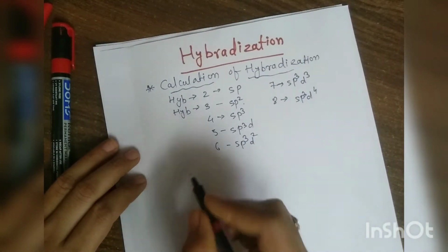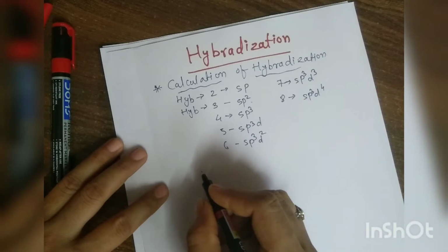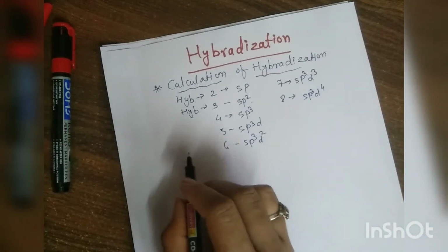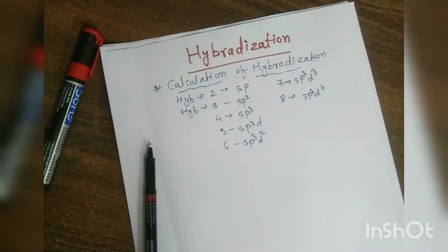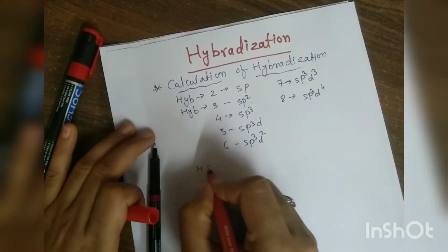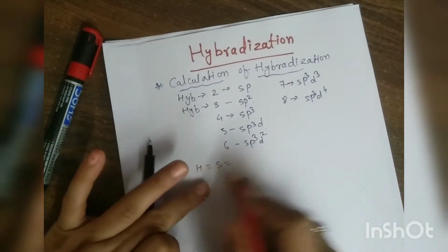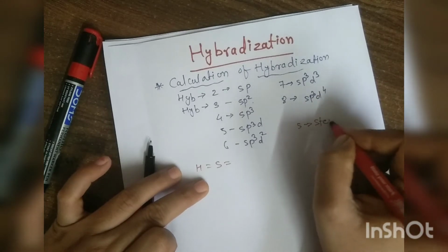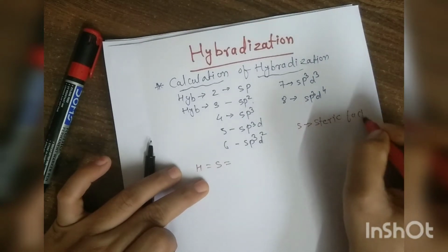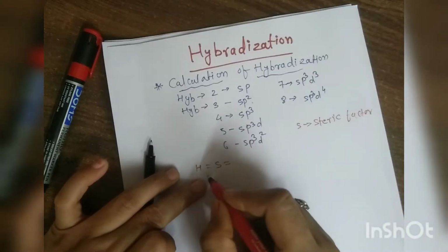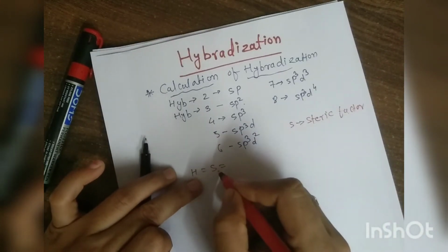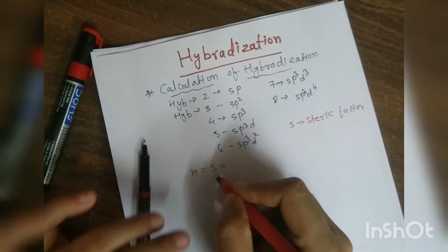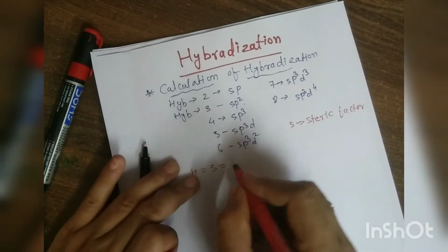Now how to calculate the hybridization? There is a formula we can write here. Hybridization, H, is equal to S. S is nothing but the steric factor. The hybridization is also known as the steric factor. So hybridization or steric factor is equal to the formula: valence shell electrons